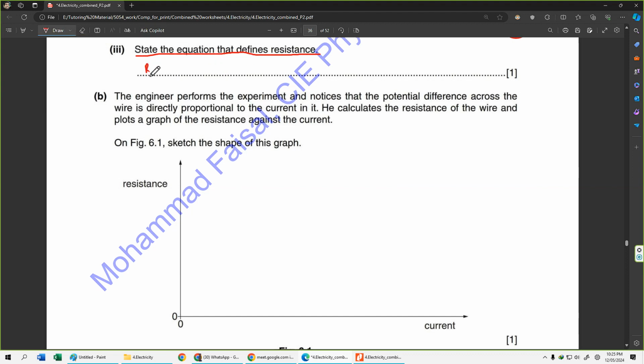Let's say you write R equals V by I, semicolon, then you can write R equals resistance, V equals voltage, I equals current. You have to specify what each of these variables represent. That's one way to write this answer. The alternate version can be, you can simply write this whole thing as a word equation. So you can choose to write it like this: resistance